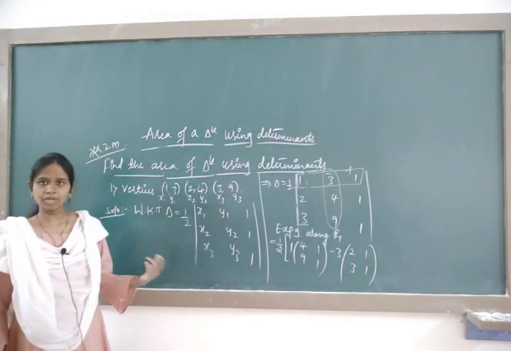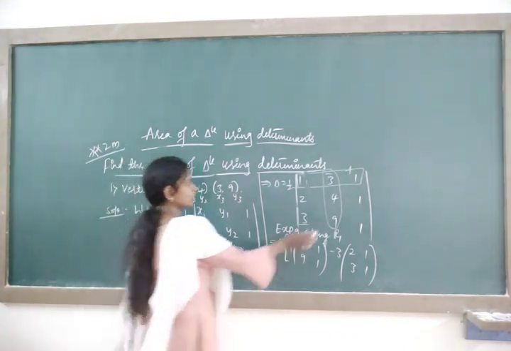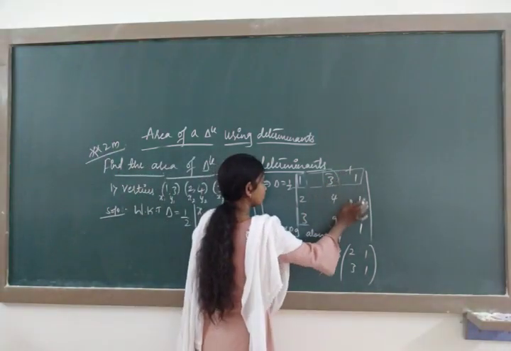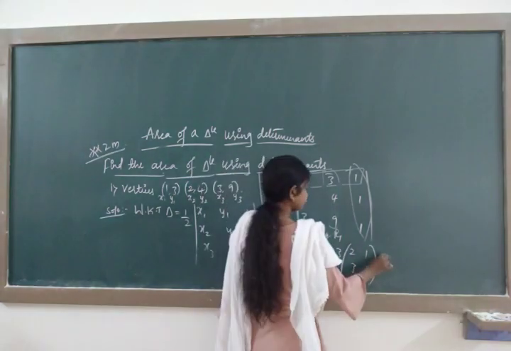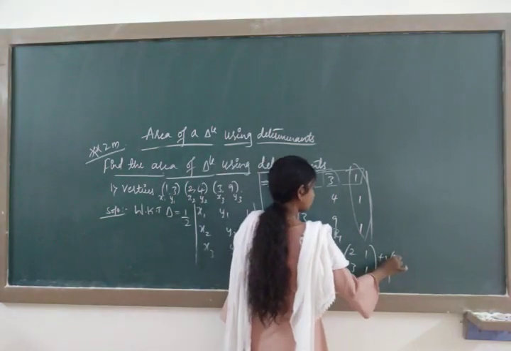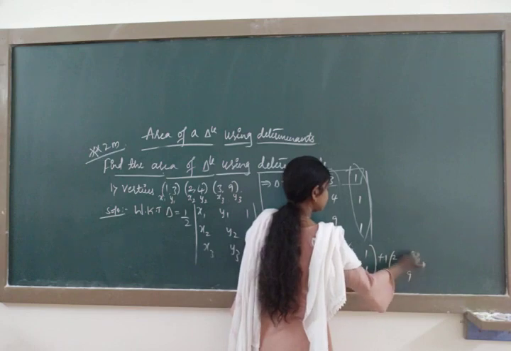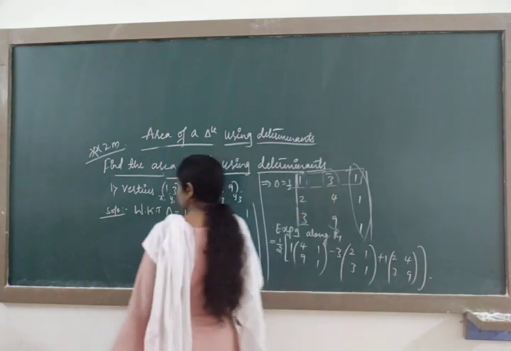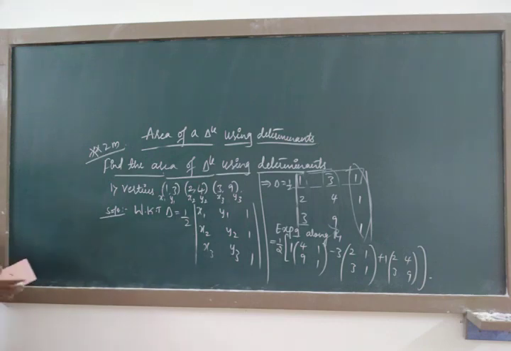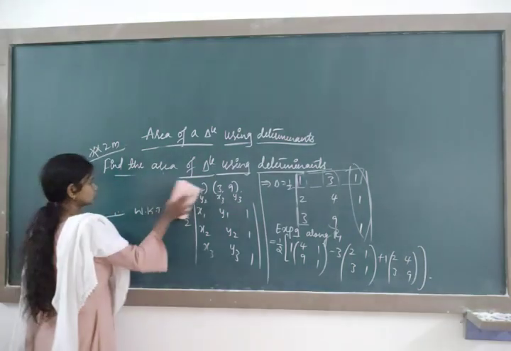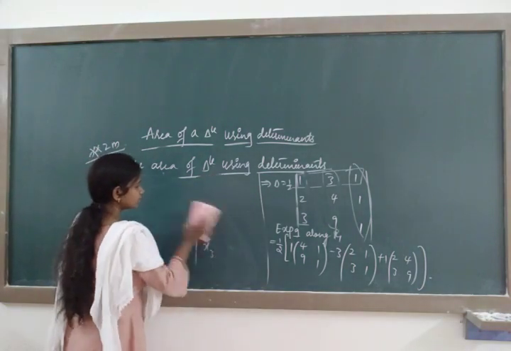Now the second column opens. Which column is going to be closed? The third column will be closed. Plus 1 of (2 4; 3 9). So this is the expansion of a determinant of order 2 by 2. Now for further simplification, you just write